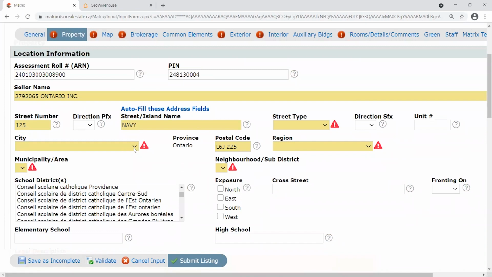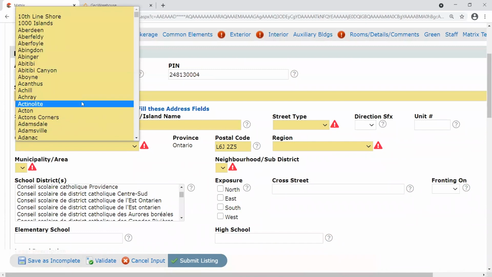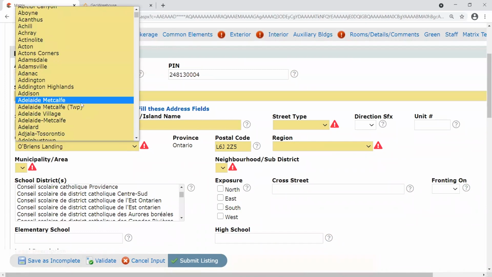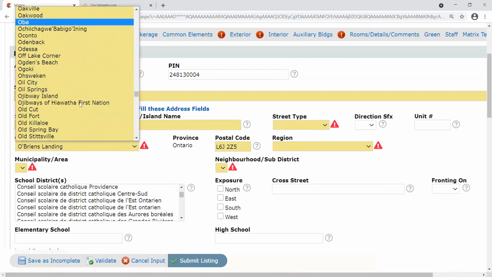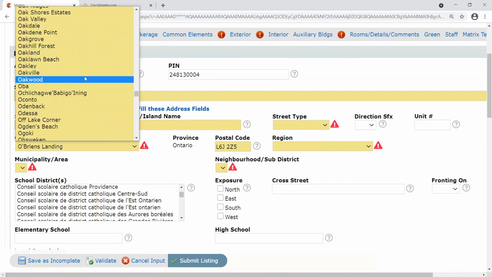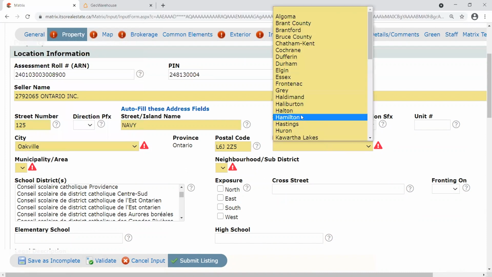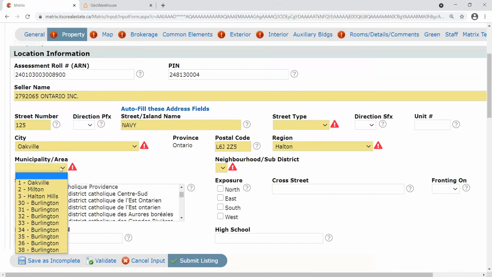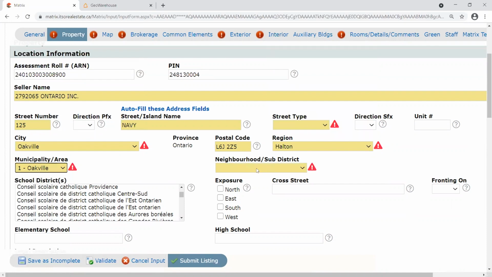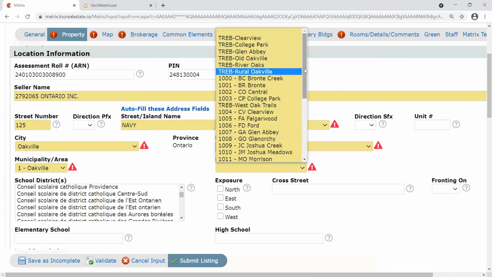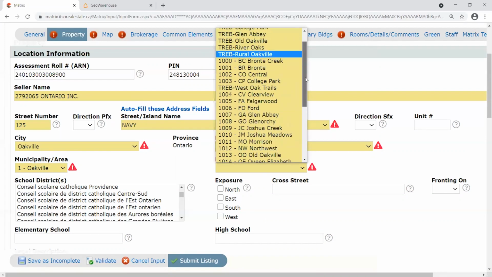So we've got city is going to be Oakville here. It'll take me there. There we go. Letter O. Oh, I must have gone way past it. Oakville. Region is Halton in our case. We have municipality, Oakville, and now that we have a municipality, we can choose our neighborhood, and we have maybe